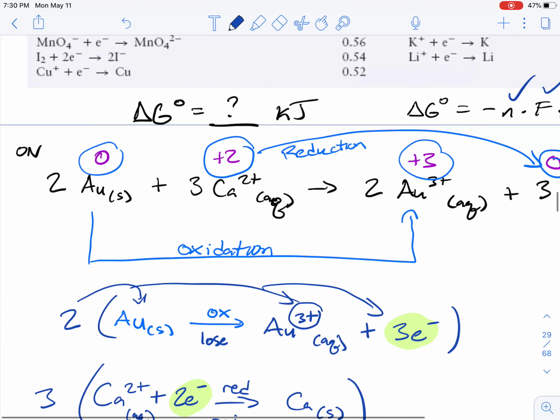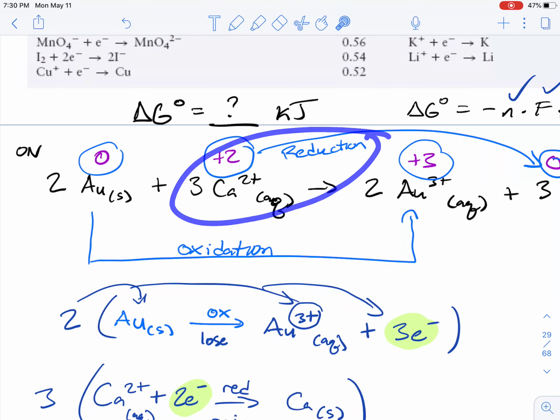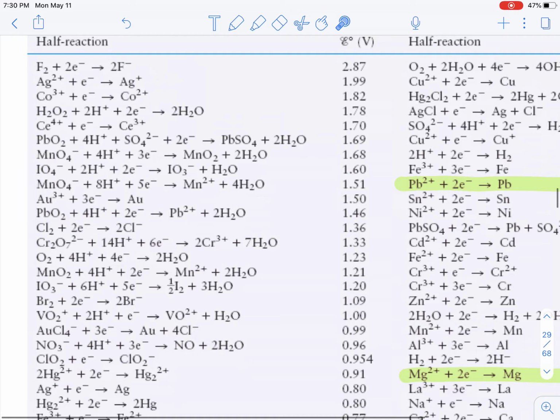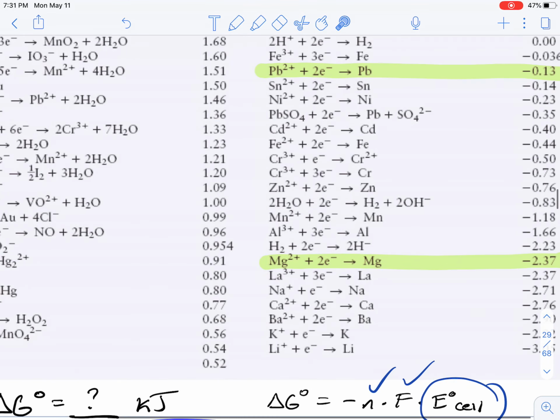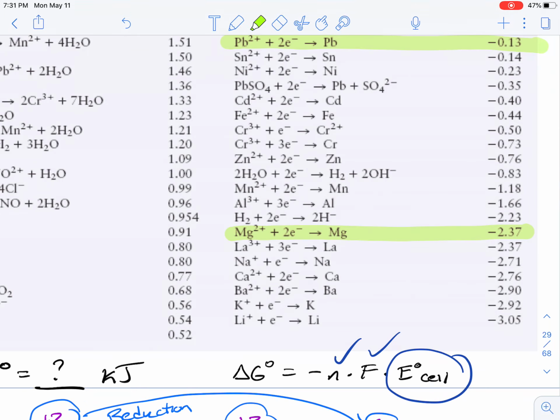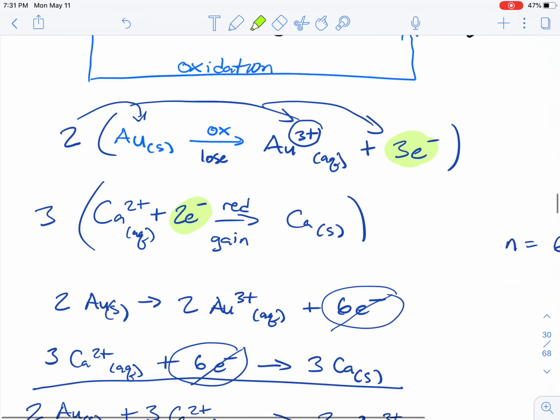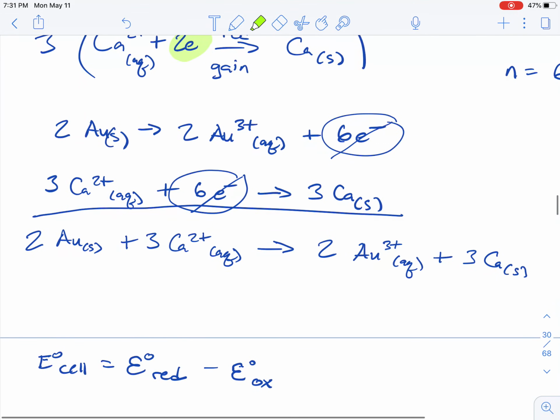Looking at my work, notice that calcium is undergoing reduction, so I just need to find calcium. It looks like calcium is down here, so it's negative 2.76. Since calcium is undergoing reduction, it's going to be negative 2.76 volts